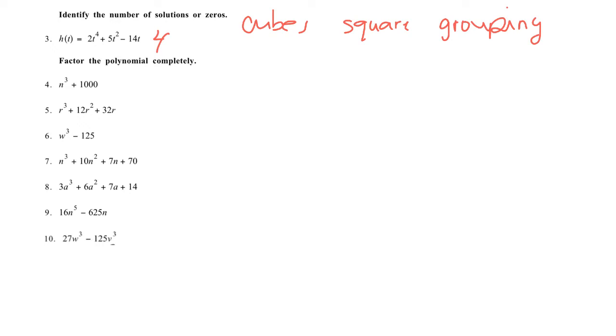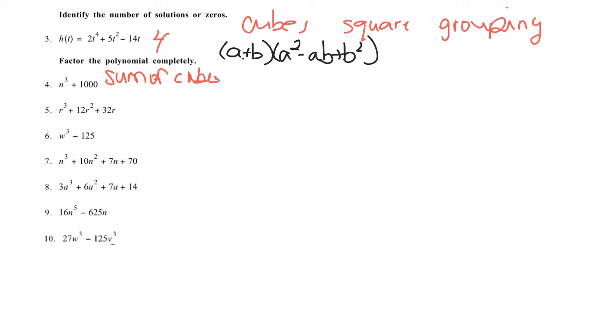So n cubed plus 100, or I'm sorry, 1,000. 1,000 is a cube, n cubed is a cube, so this is a sum of cubes. So this formula is a plus b, a squared minus ab plus b squared. And remember, when it's a difference, it's a minus b, a squared plus